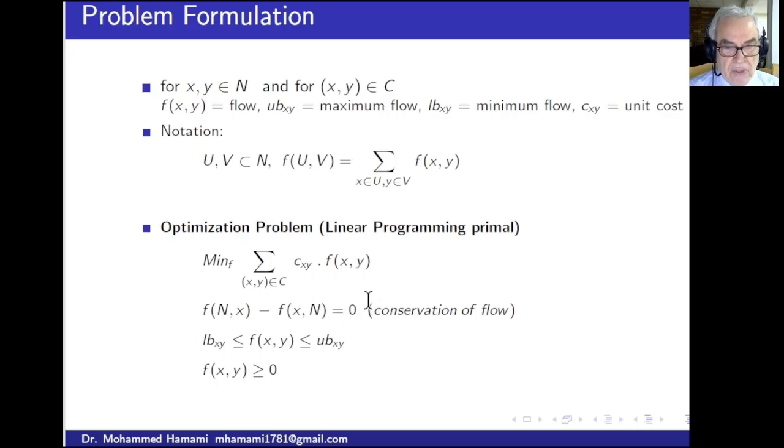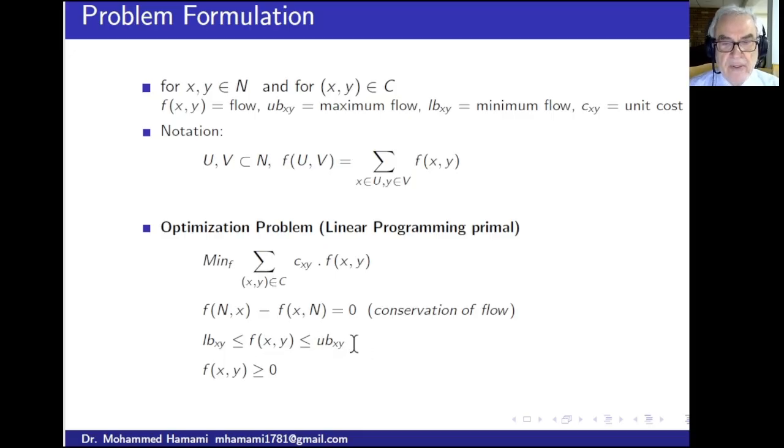So for each node, we're going to have a variable associated with it, and it's going to be unrestricted because this is an equality. And then we're going to have a gamma of xy corresponding to this inequality right here. And this inequality we change to minus f greater than or equal to minus UB of xy. So we're going to attach a variable theta, which is greater than or equal to 0,